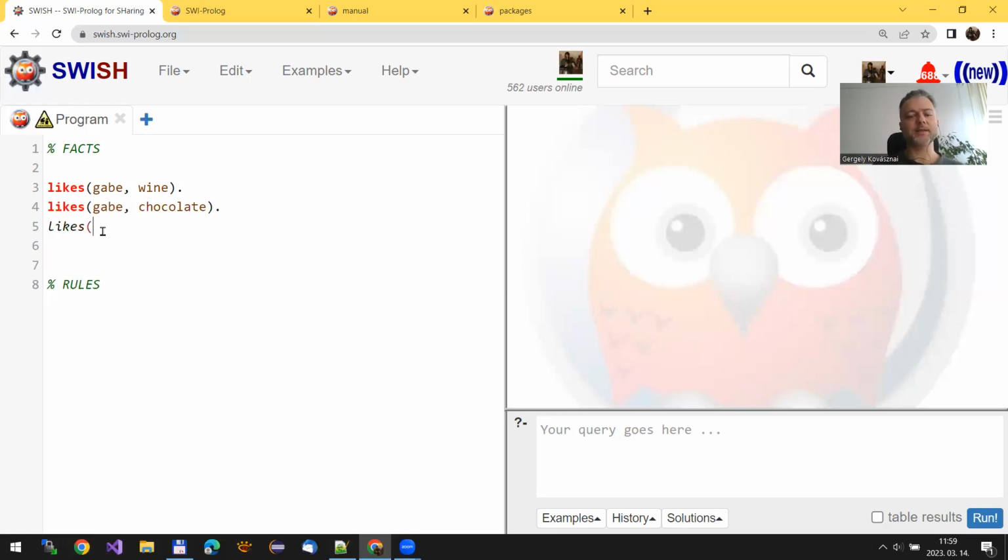I can generalize facts by using variables. For instance, now I'm introducing a variable X, which means anybody. And basically, I fix this fact that anybody or everybody likes beer. I would like to draw your attention that when you introduce variables, you have to start them with a capital letter. This is how the Prolog interpreter can notice that you are using a variable.